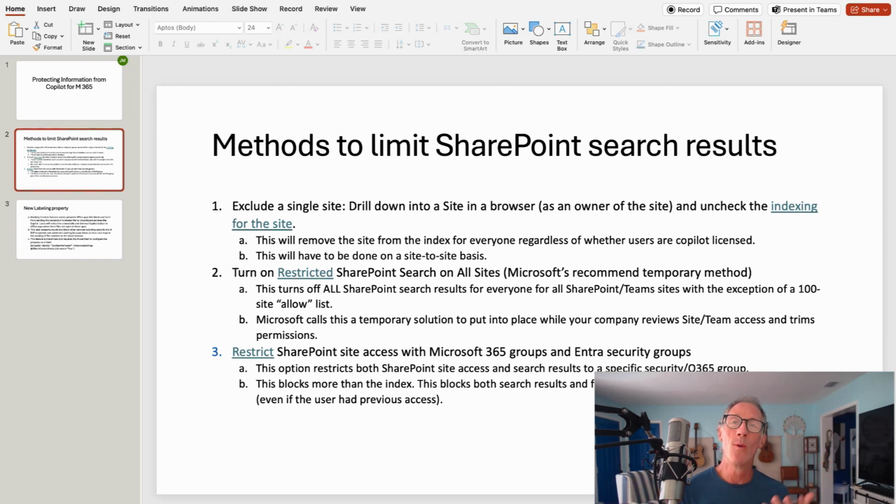Now, if you know where a site is, of course, you still have access. You can go there. You can get to what you need. But you can't just go and search for something if it's not part of the index. So that's the first thing. Step number one here, or method number one, I should say,